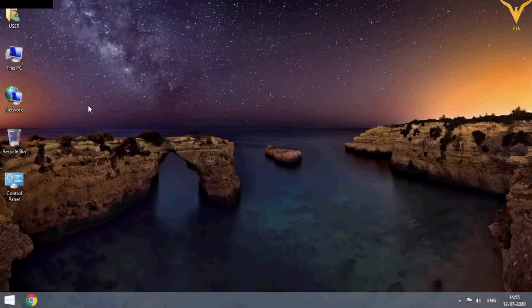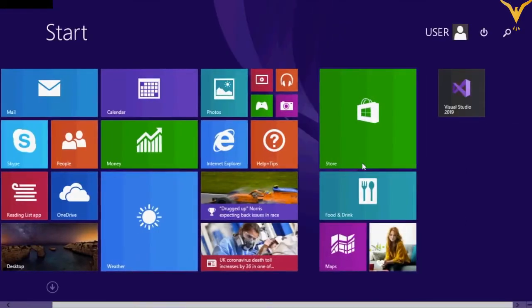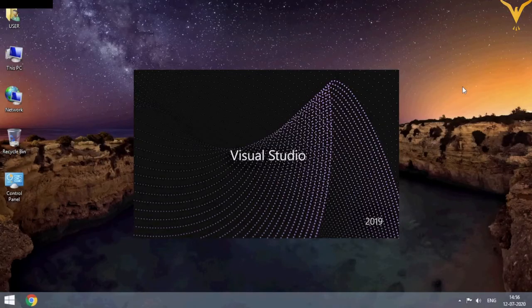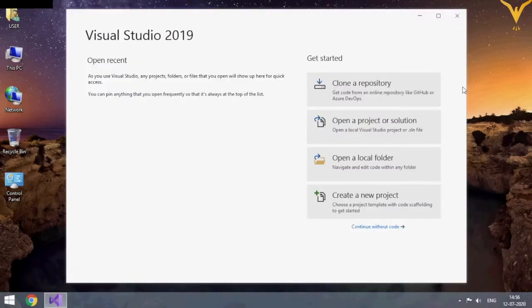So we will start with the project. For this you need to open your Visual Studio. So go to your Visual Studio, and this will be your home template. From this you need to select create a new project,